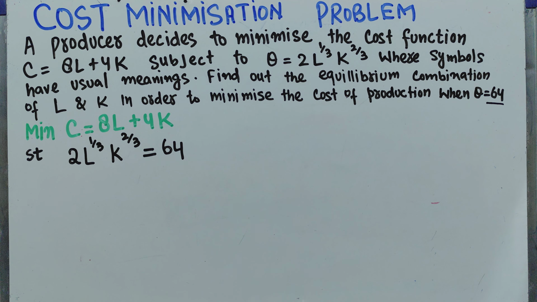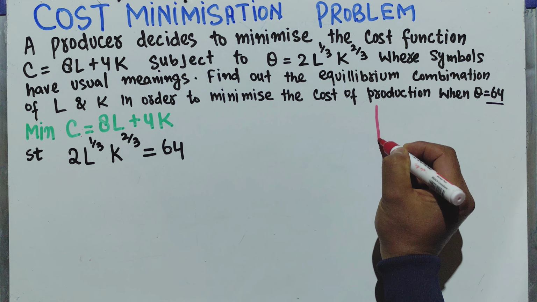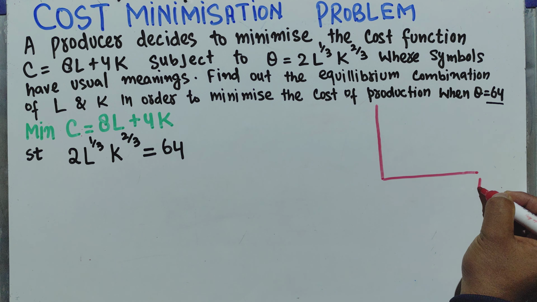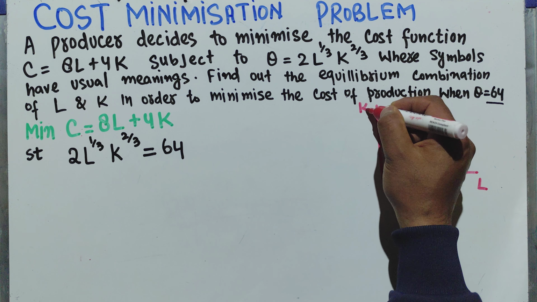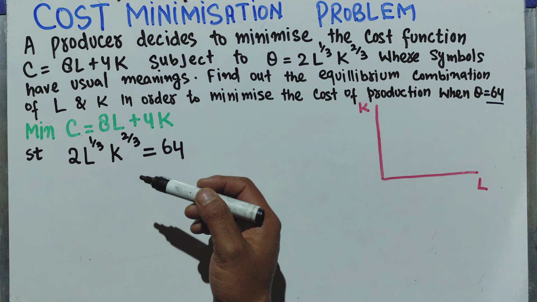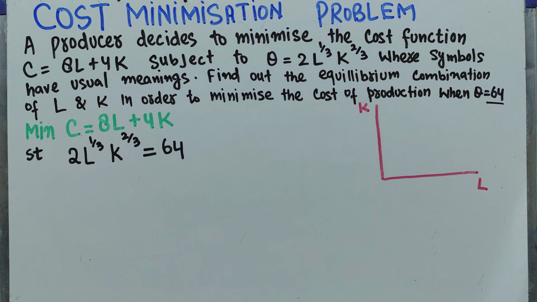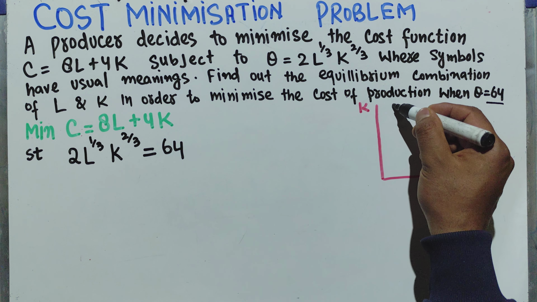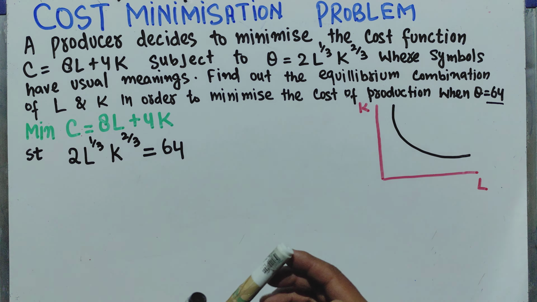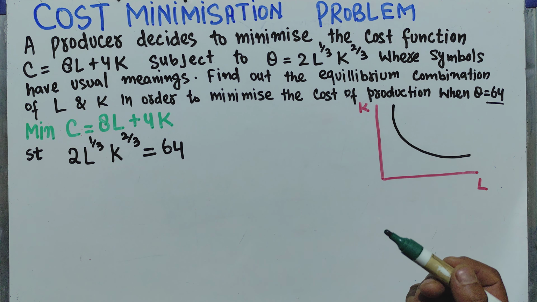Let me draw a simple graph here to make sense of what we are trying to do. Let us say we have labor on the horizontal axis, capital on the vertical axis. We are being given the production isoquant here. We want to minimize, and if I draw the production isoquant like this, this is our isoquant. We want to produce on this production isoquant with minimum cost, and minimum cost will occur at a point,